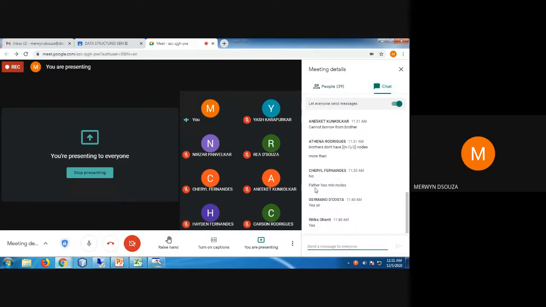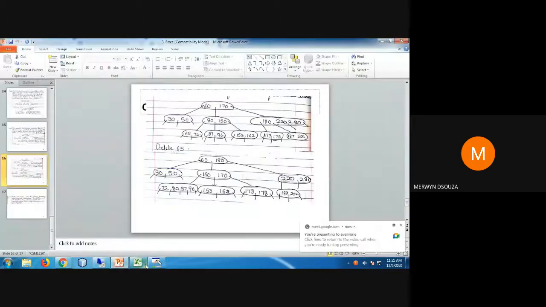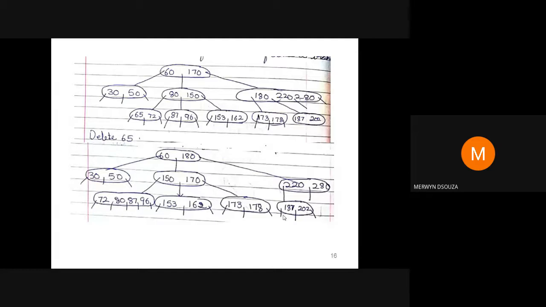Okay. Remember, this is an important question for your exam. You will get a short question on this, construction of a B tree or deletion. So you need to understand this. Okay. So this is your third case. Now the fourth case is nothing but a combination of again the first two cases only, or the first three cases you can say.